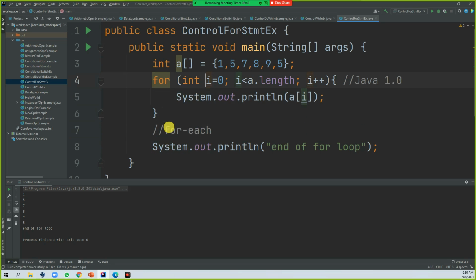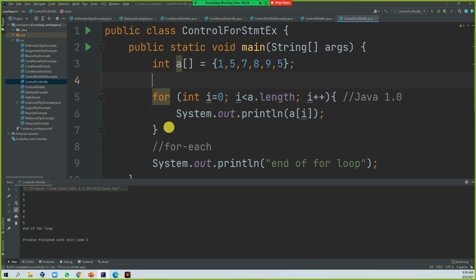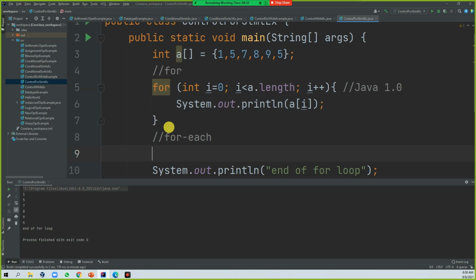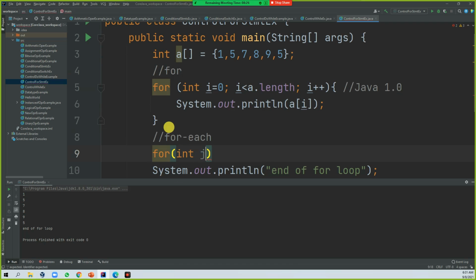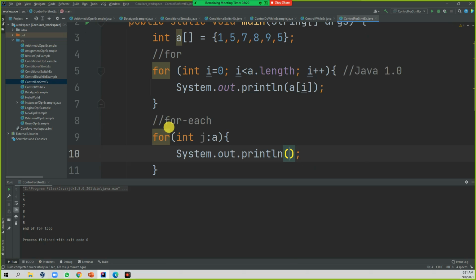So for each, it looks like for, then int, I'm just taking j colon a, then system.out.println j. Let's append some text here to separate the previous one and this one.